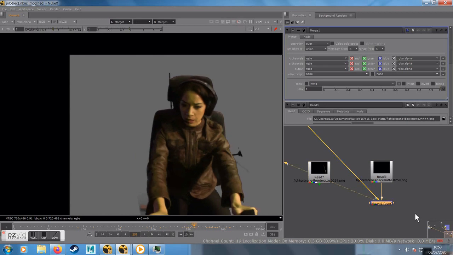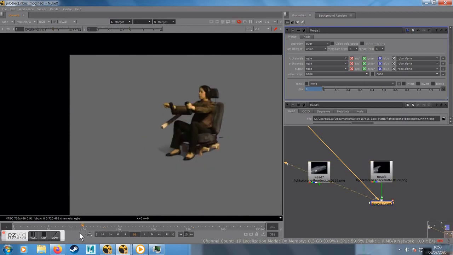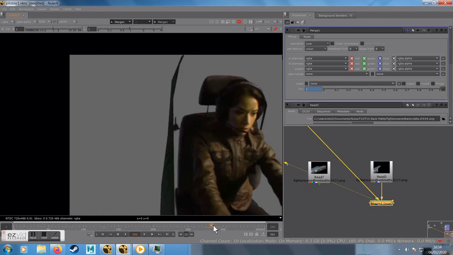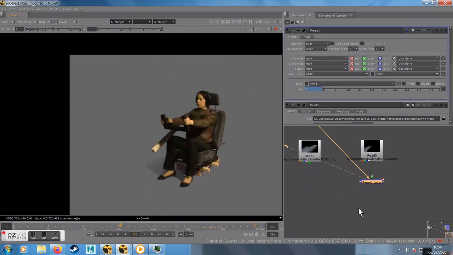So to make that happen, we go to the merge, and there's a mix. It shows how much is showing through. So we just take it down to 0 and put in a key there. Or you can right click on that 0 and put in a keyframe. And just move forwards 1 or 2 frames and dial it up to 1. Keyframe that so that it's basically switching on. And now you don't see it earlier on. It's not there, and it just appears at the end where we need it. So that's just been turned on. That's frame 200 and something. It comes on just for the end sequence where we need it. Okay, so